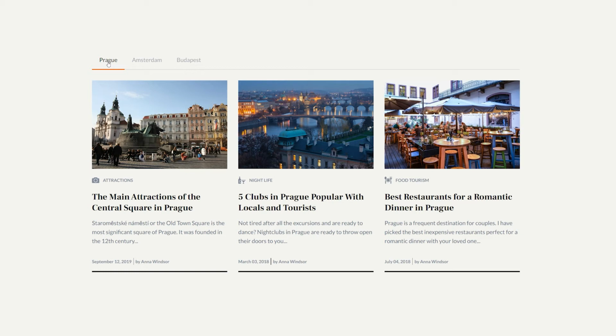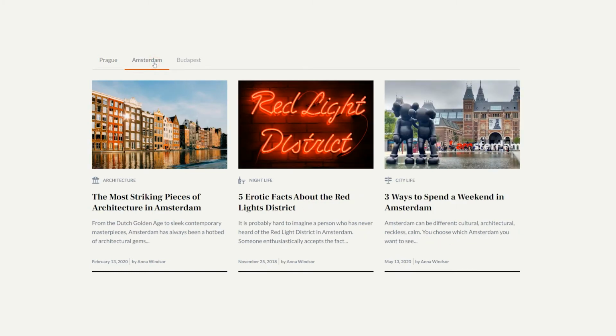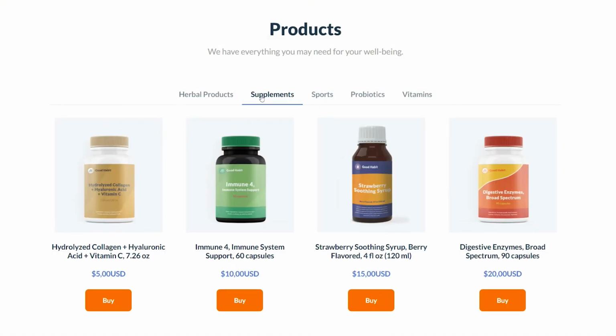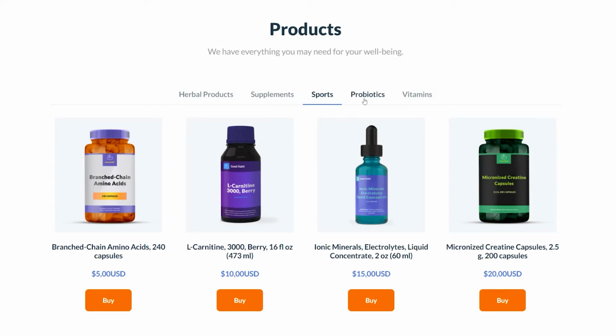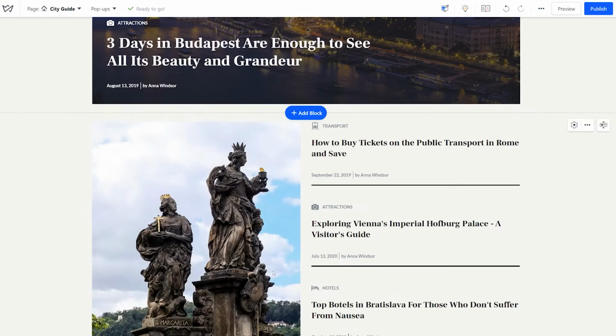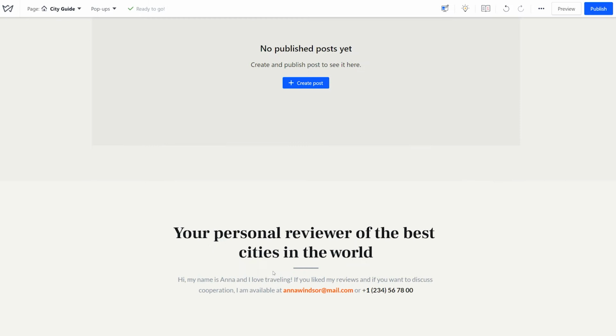In this video, we'll talk about blocks with tabs that help display large chunks of information in an organized way. These could be images, services, company departments, and so on. To get started, locate a place on the site where you'd like to put such a block and click on